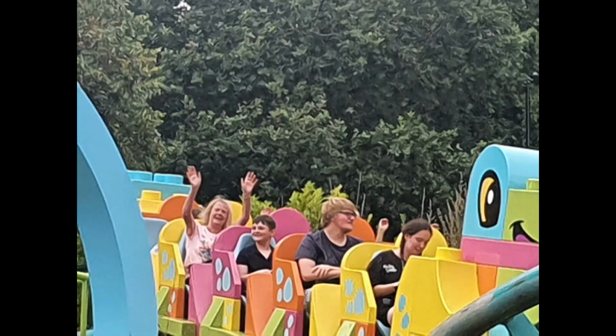And the station's pretty well themed as well, because obviously you've got the logo on there. There's also a Duplo dinosaur just outside the entrance as well, and there's also a few graphics on the front facade of the station with Duplo dinosaurs, and there's also a palm tree similar to that of the one on the Duplo dino structure. But overall, it's really just a fun junior coaster at that small scale for the younger